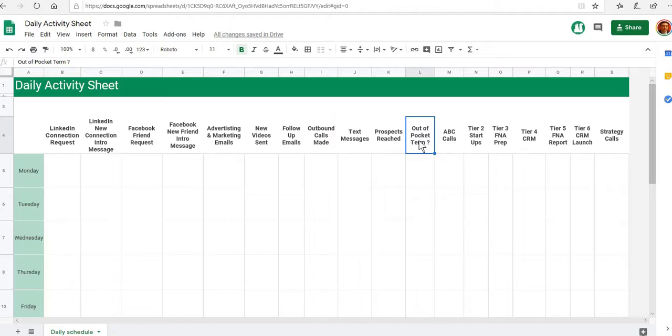If they are paying out of pocket for term life insurance, have you heard of living benefits? Most of the policies do not have living benefits. It's a reallocation of funds to a better vehicle. We're going to go through some additional language training in the Wednesday team meeting next week. But essentially, if you can start asking that question enough and you get some yeses out of that will come